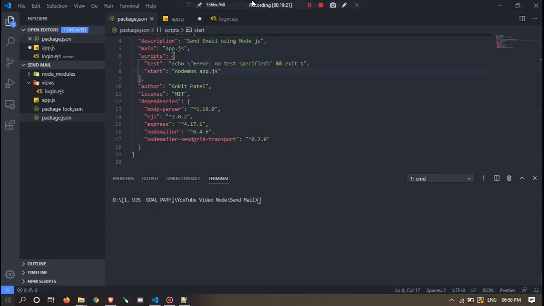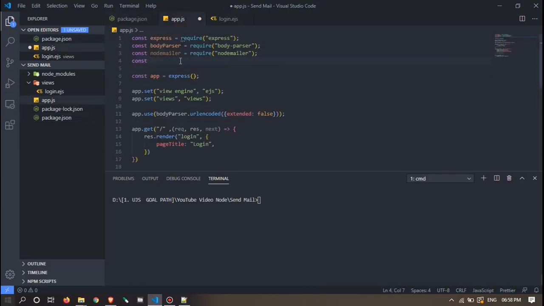The download is completed right now. As you can see, the nodemailer install is completed. So we will now import it. Let me import it, SendGrid transport.